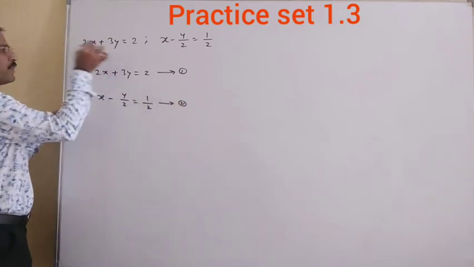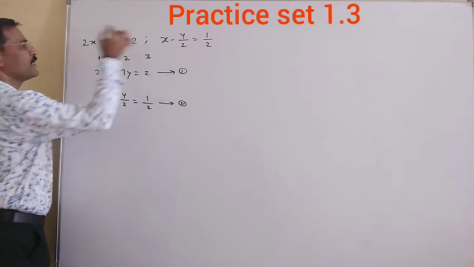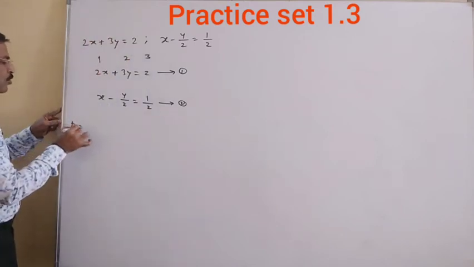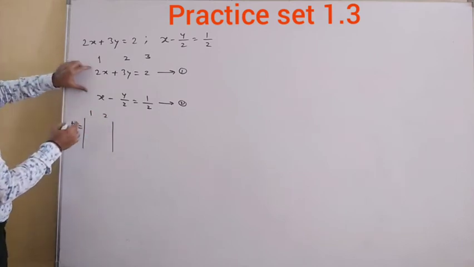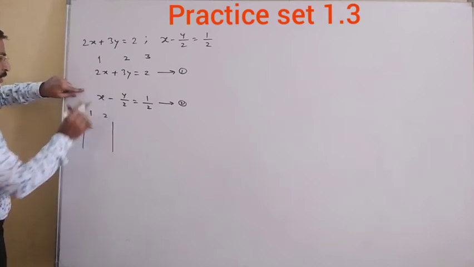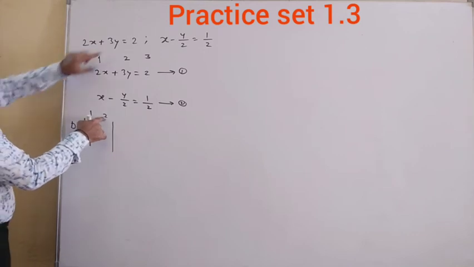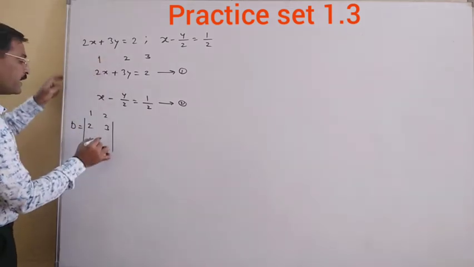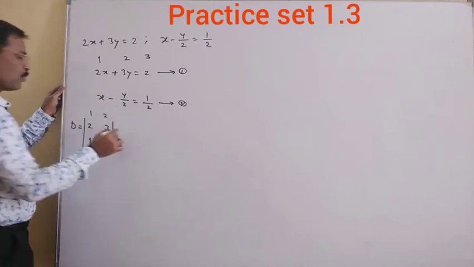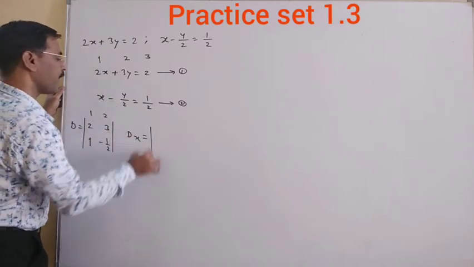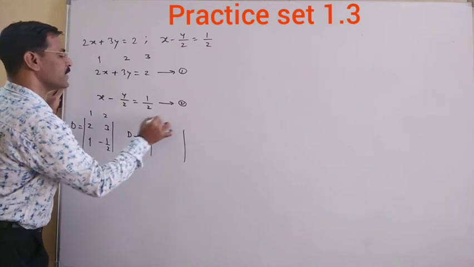Now this is first, second and third column. As we know, D first. Okay, so what about 1? That is 2 and here nothing. So here it is 1. 2, second column means 3 and here it is minus half. This is very important, remember. Okay, afterwards dx. After that 32.